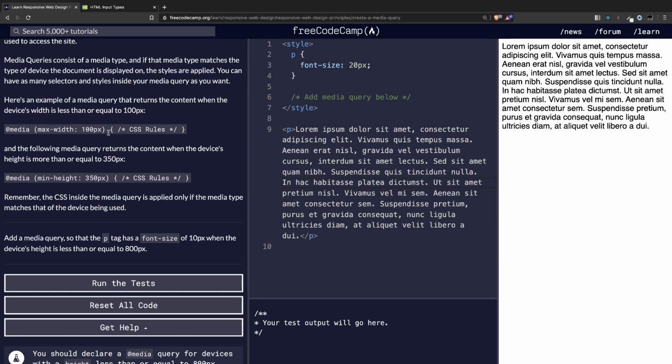So, for example, let's say that on desktop you want an image to be 400 pixels because the desktop is bigger and you want the image to be bigger. And on mobile you want the image to be 200 pixels. The way you do that is by first declaring the image width to be 400 pixels, and then later down the file